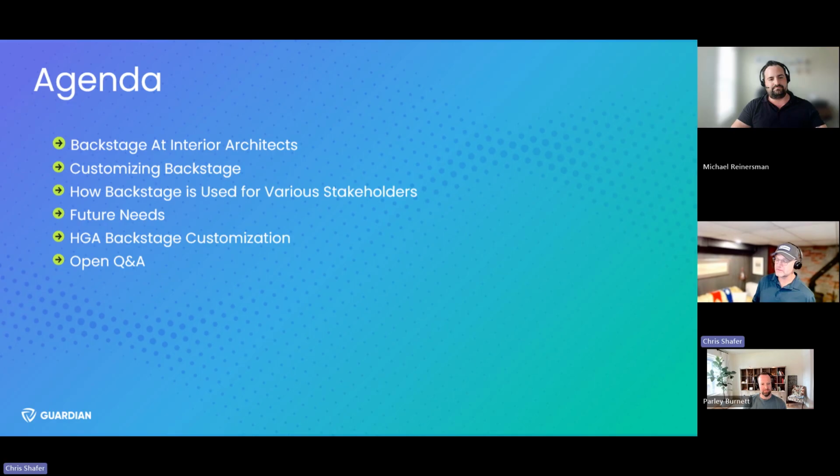So while out of the box, Backstage is really meant to help those who are managing Guardian as a whole and managing their digital practice, a lot of firms are starting to think about what are those alternative uses for particular individuals throughout the firm. Then we'll get into future needs: what's missing from Backstage, and hopefully Michael has some good stuff to add to this. And we have a few slides from Andrew at HGA. Unfortunately, he wasn't able to make it today. And then we'll get into an open